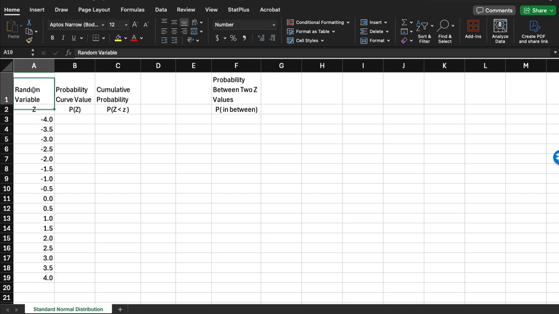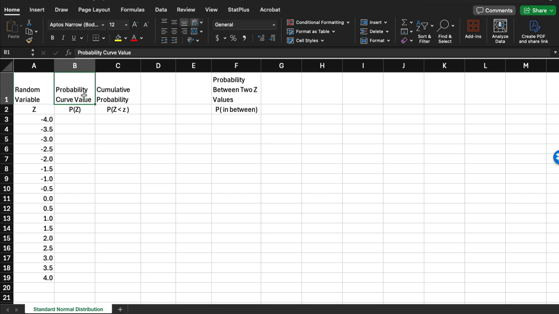So the first thing that you're going to want to do is create your column A here, just like you see here. In row 1, I have typed basically descriptions of what you see. So column A is our random variable values. Column B is our probability curve value. It's called a density function for a reason,